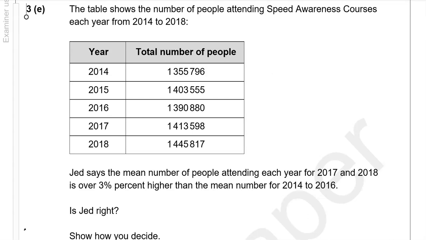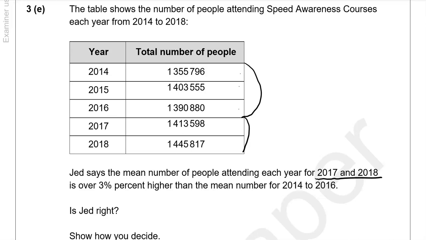Is Jed right? Show how you decide. So we're looking at two different means. We're going to split these into the years 2017 and 2018, and the years from 2014 to 2016. So if I add these three together and divide them by 3,